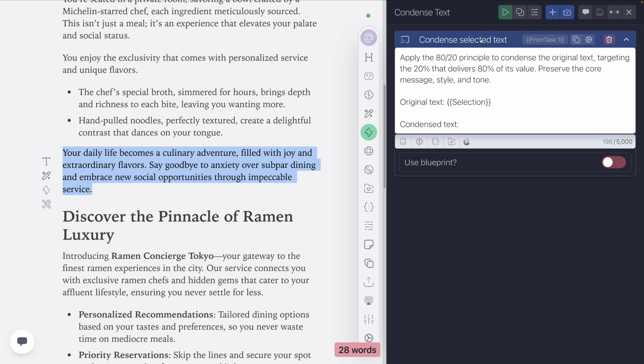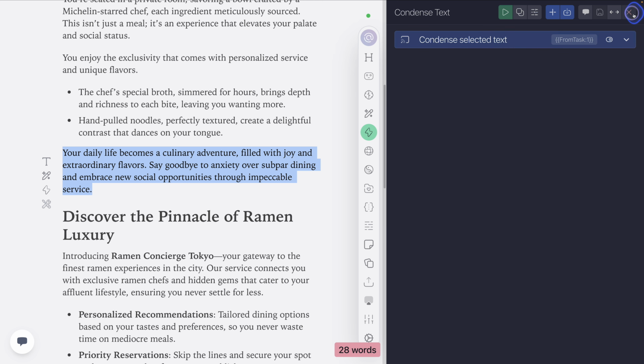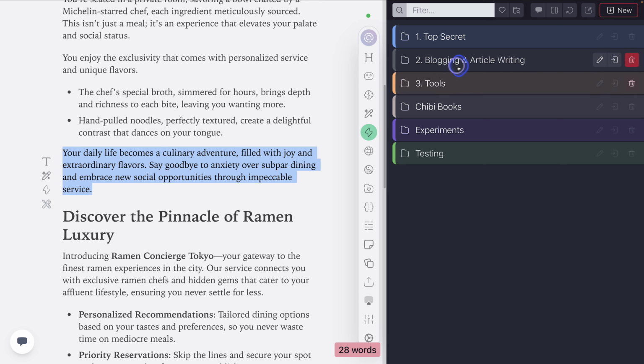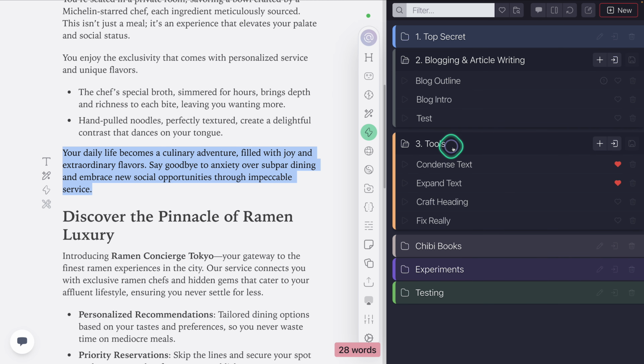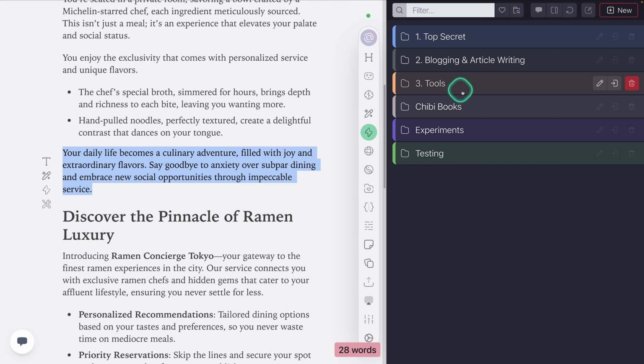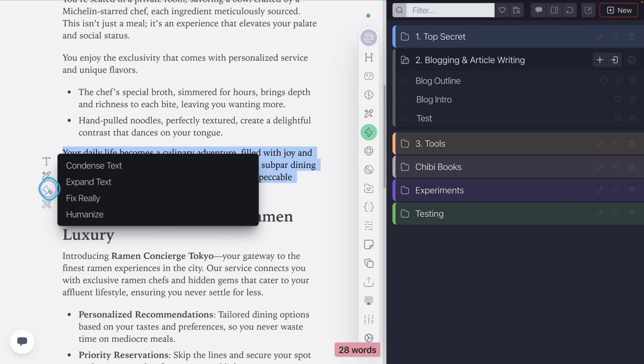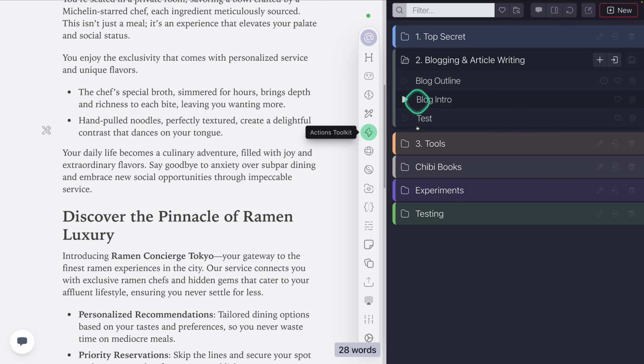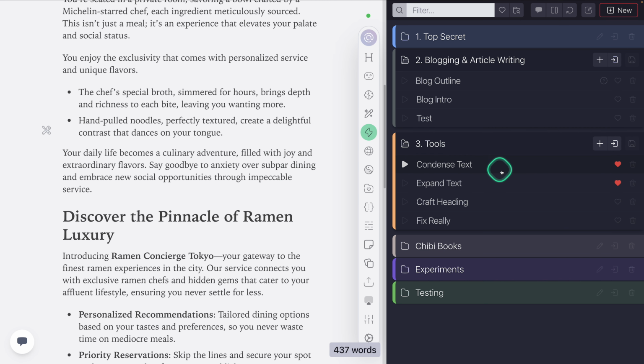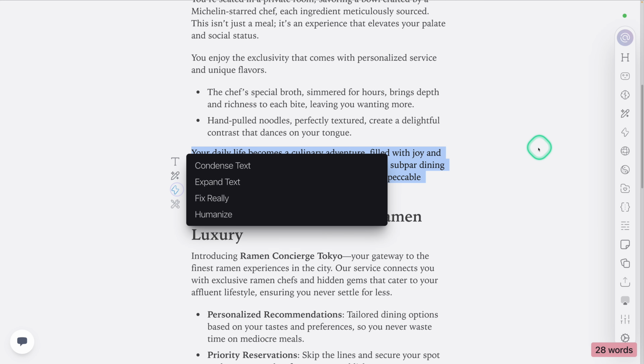Because if you step back for a second and just think about it, we have all these categories and stuff, and we've got these tools that we can have in here. And just imagine if you have created your own custom toolkit that does everything that you need to do in just a click, right? You just come up here, you've got a little play button right here next to the actions. In my case, we also have some favorited, so I've got condensed text here. Notice that over here we have condensed text, with a little heart icon. That means it shows up over here in our little shortcut menu